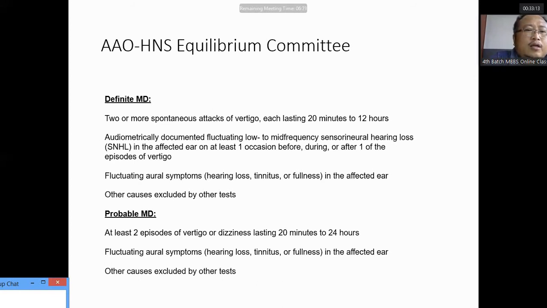As I have mentioned in this slide, one is the American Society and the second is the World Equilibrium Committee, where they have reached a common ground regarding the